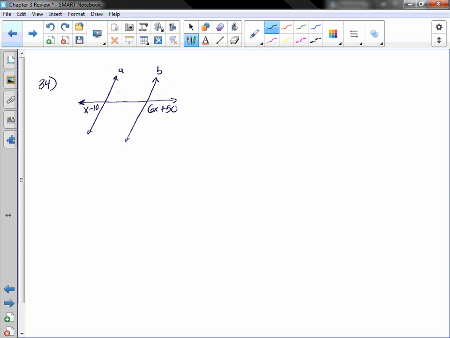So these two here are what? What kind of angles are they? They are